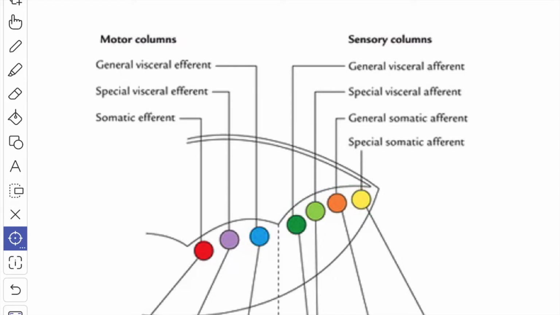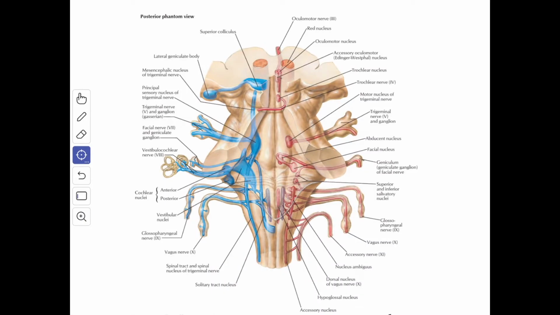As the development proceeds, these columns differentiate into one or more discrete cranial nerve nuclei. Thus, in total, there are 7 functional components to which the fibers of the cranial nerve may belong. First is the general somatic efferent fibers, which arise from the nuclei of the general somatic efferent column, and they supply the muscles of the limbs and the body wall, which develop from somites.